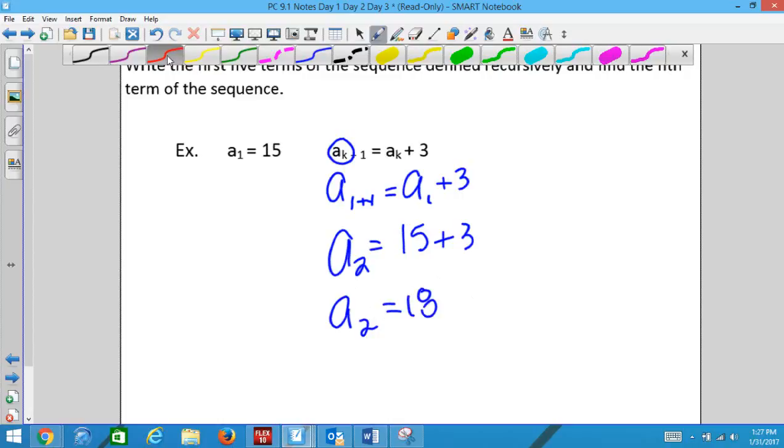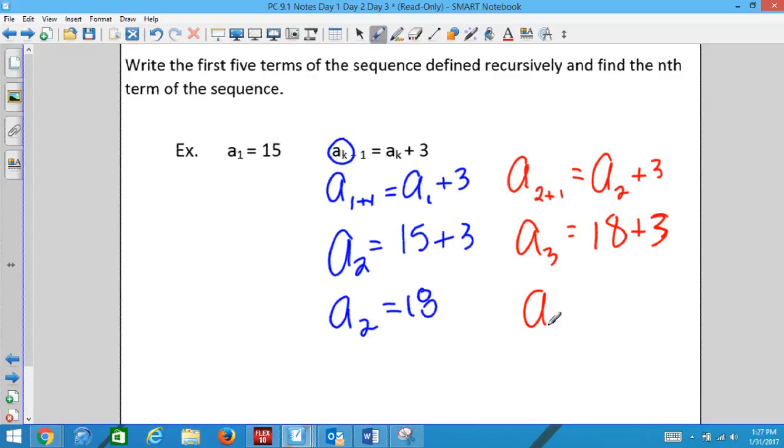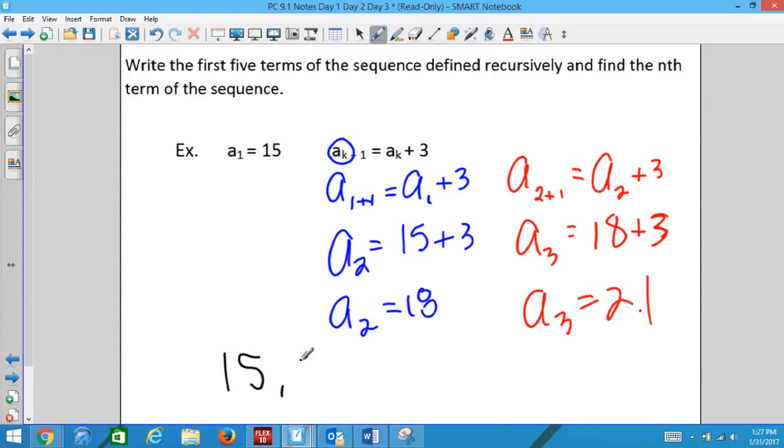To find the next term, we would take the previous term, which is now a sub 2, and add 3. So I'm going to find a sub 3. Using the formula, I'm going to do a sub 2 plus 3. I'm going to take the previous term, 18, and add 3. So I get 21. Once you've done a couple of those, you should be able to figure out the rest of the numbers. So we've got 15, 18, 21,